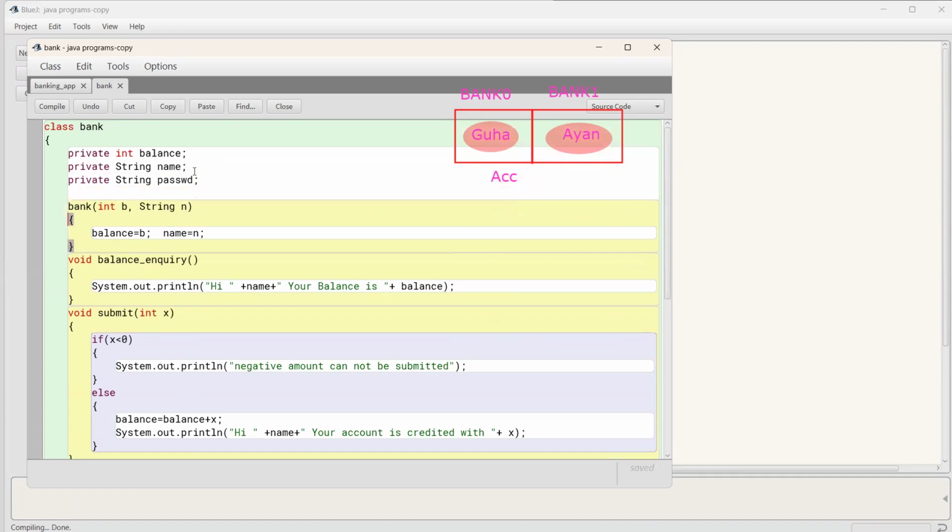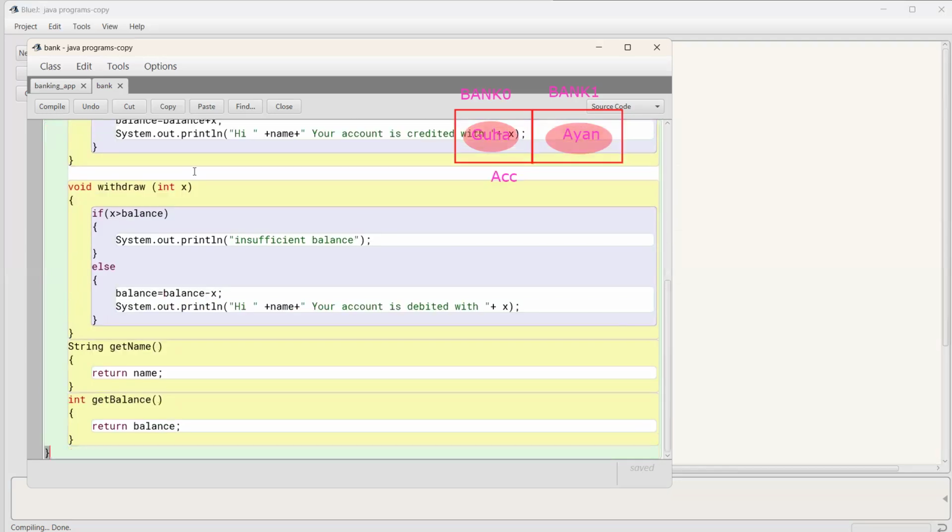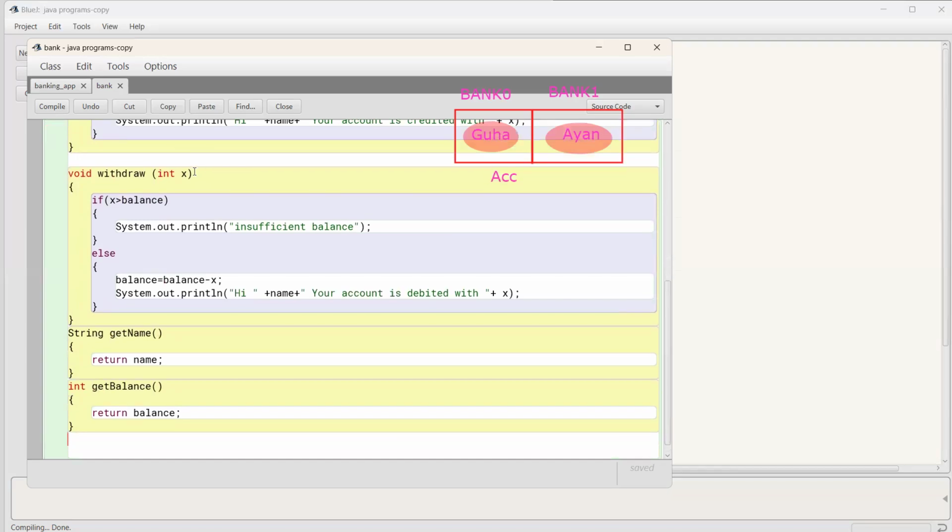And here you need to insert the password as well. So string p for password, and here I can write password equals to p. And we do not need to show the password here. So here I am just going to introduce another function called boolean